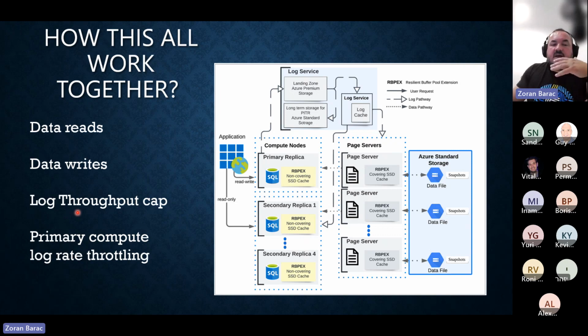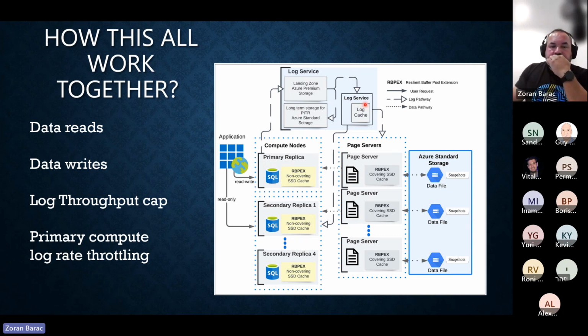Then we have the log throughput cap. As we said, it's 105. If you go above that, it's going to be throttled. But besides that, as we mentioned, you have a primary compute log throttling rate. This is all async between the log and the page server and the secondary, while this is fully sync between the compute node.